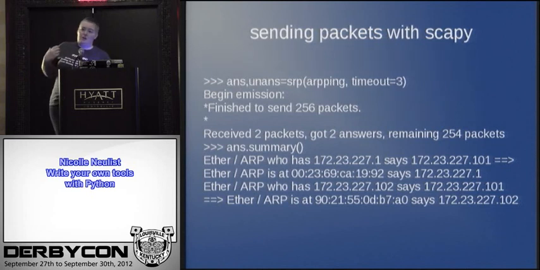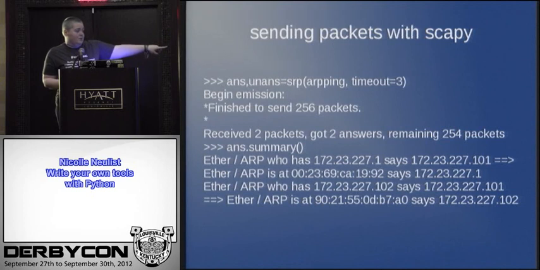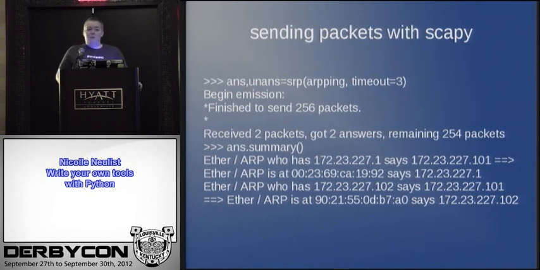So it lets you sort your results really nicely. Again, it's logic that's already been written for you, so you don't have to. You dump the summary. Again, that's just a built-in function in Scapy. It tells you which IP addresses are taken and what MAC addresses are at those IPs. Obviously, you can do stuff a lot more sophisticated than that with Scapy, but that's just a pretty basic example of getting up and running, how to build a packet with multiple layers, how to change some of the defaults like the IP address and the MAC for broadcast.